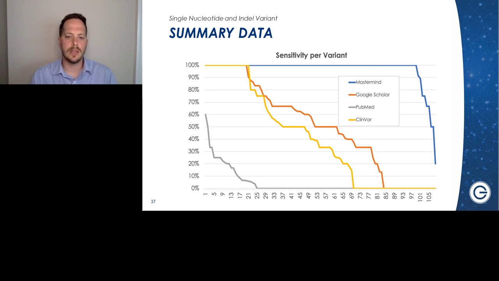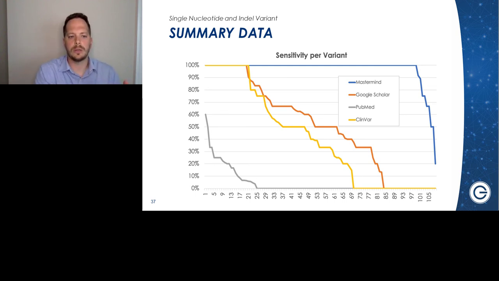Whereas when you look at, say, PubMed, it missed more than 50% of the references in almost all of the variant searches. And Google Scholar and another resource known as ClinVar, which is manually assembled by user submission, are missing about half of the evidence for any one of those variants that we were discussing earlier, which, as I mentioned before, can mean the difference between a diagnosis and not a diagnosis, or a treatment and a lack of treatment